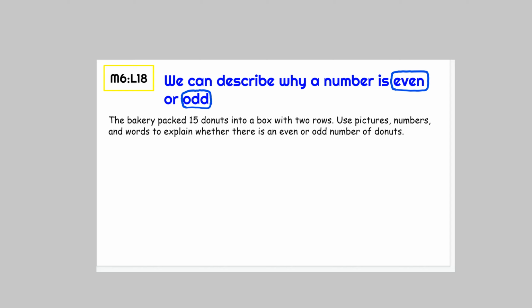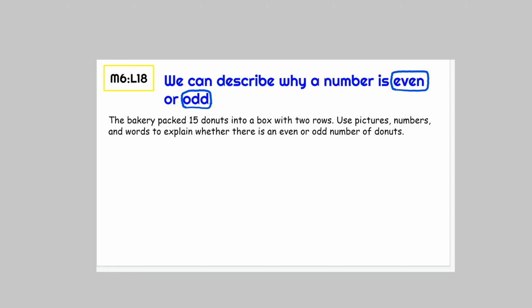We also know the rules that an even number is a number that ends with 0, 2, 4, 6, and 8, and odd numbers end with 1, 3, 5, 7, and 9. And that's because when we think about those numbers, we can't divide them equally into pairs without any number being left over. So let's look at how we can think about whether an answer is odd or even in this